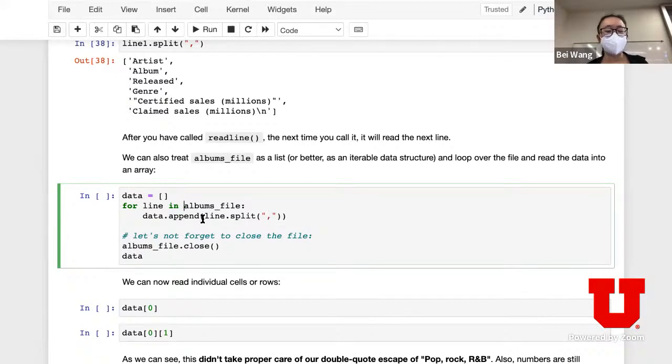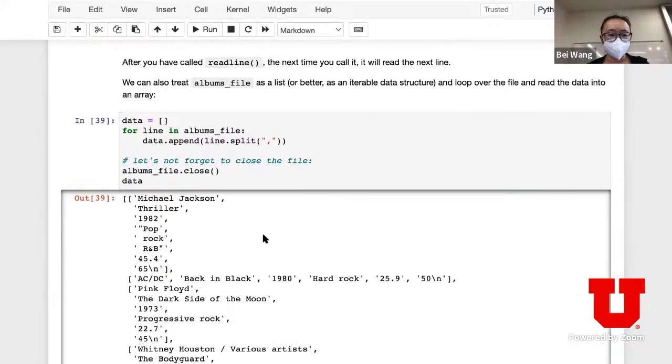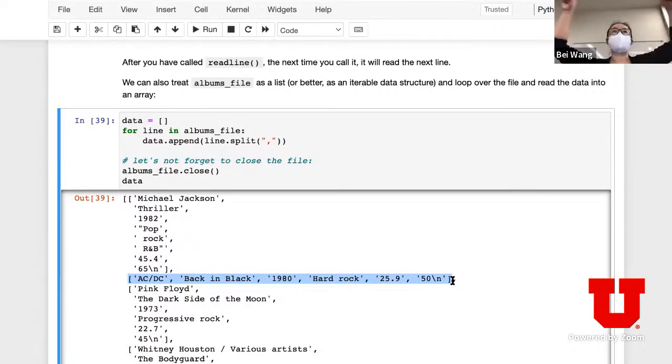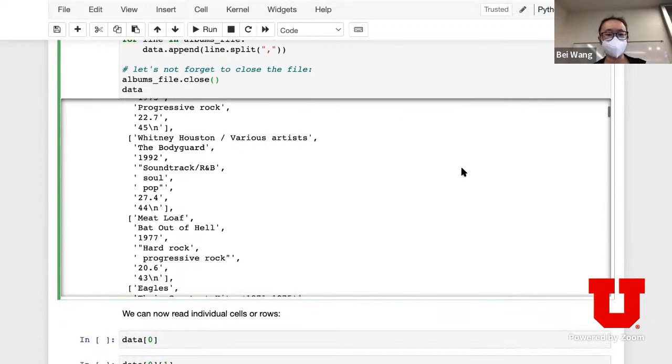So what this is trying to do is spit out all the words in my data file. And of course, append means that each time I get a list of words in that line, I'm going to append it to my data. Now what you see here is that this list is my first row of my data. It's become a list. My second row of my data becomes another list. And then I have a list of lists, right? So the length of this list is the number of rows. And then for each row, the length of that list is the number of words. Okay. So of course, don't forget to close the file after you read it.